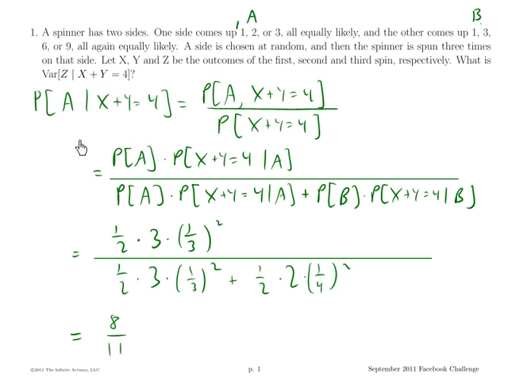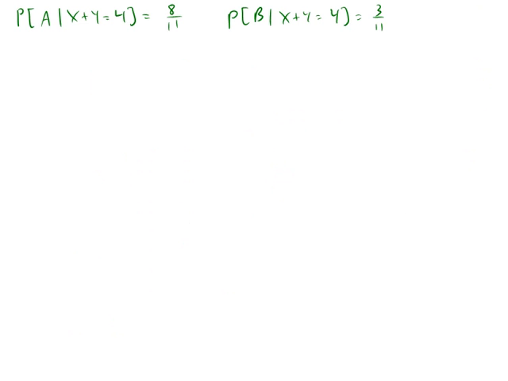So that was the chance that I came up with using spinner A, given the information that we have. The chance I used spinner B must be 1 minus that, which is 3/11. Now I need to combine those pieces of information to get what I need. So how are we going to use the fact that the chance of A is 8/11 and the chance of B is 3/11? Well, we can make a little bit of a table with possible values of my third spin,